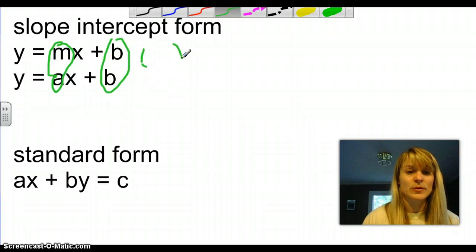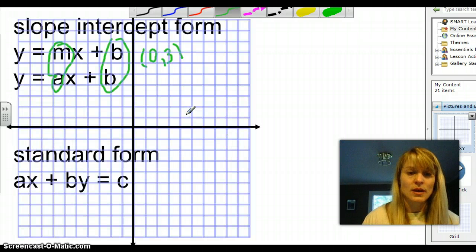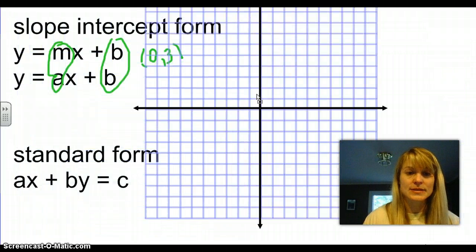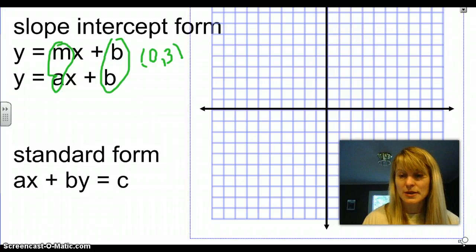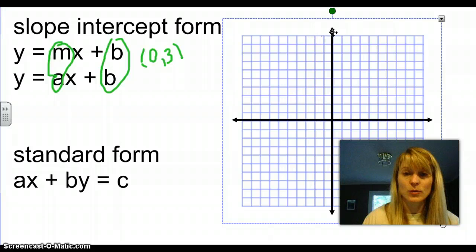You need to remember when you're plotting the y-intercept, x has to be 0. And then you should have some number here for the y-intercept. If you remember in class, we talked about the y-intercept being the point along the y-axis. So if I had